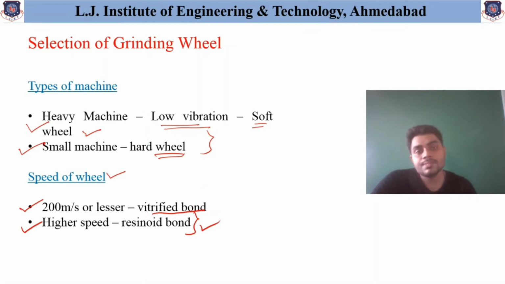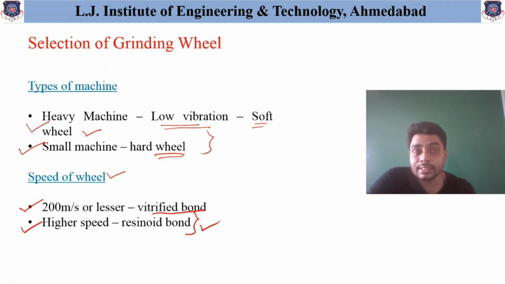So based on specific requirement, what is our primary criteria, based on that different types of abrasives are selected, different types of bonds are used, different types of structures are used for selecting that specific grinding wheel. So these are the different parameters that one needs to consider, and based on requirement one may select different types of variation also. So this is how the selection of grinding wheel can be done for a specific application.